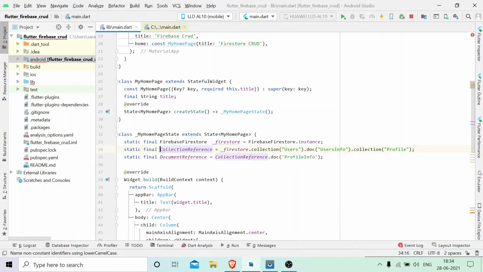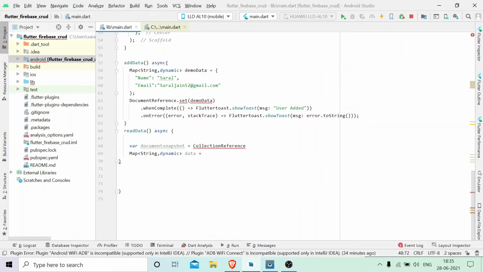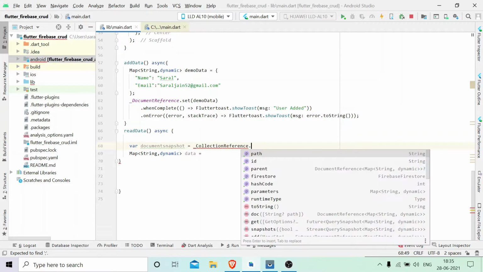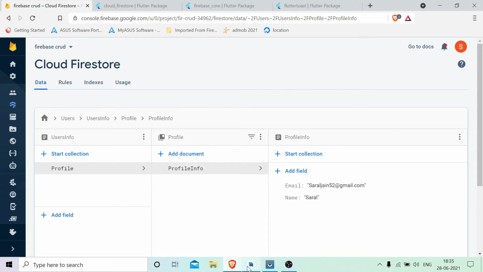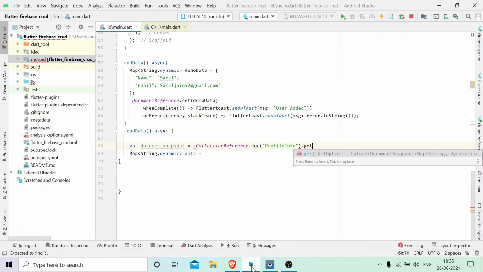Let's add an underscore here, because this collection reference remains the same. So here add underscore, here also. Collection reference dot document, which we are going to pass, that name is profile. Let me check profile info. I guess profile info dot get. So this will return us